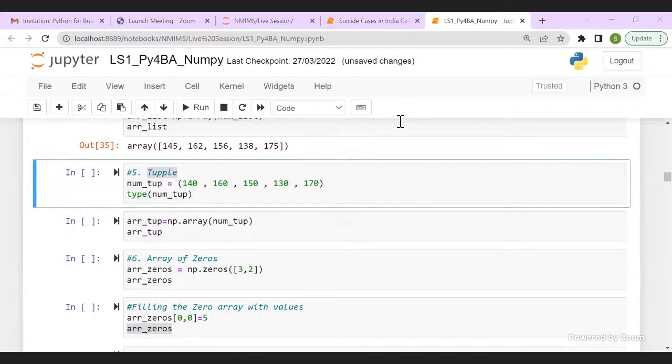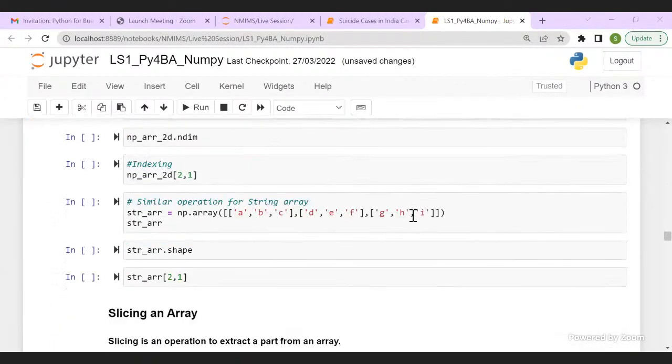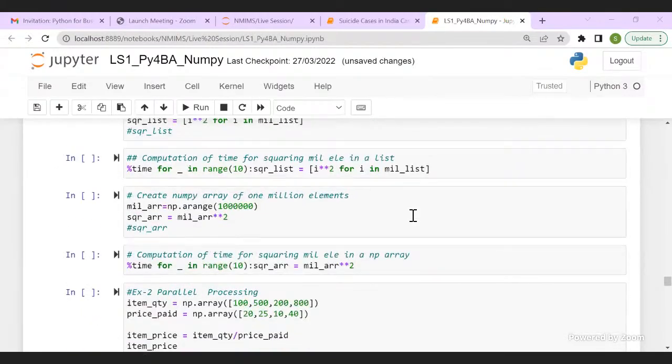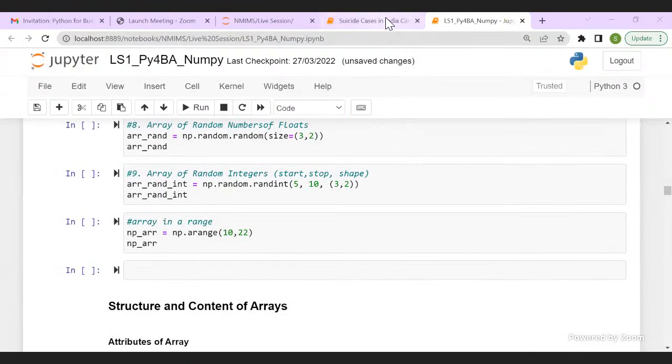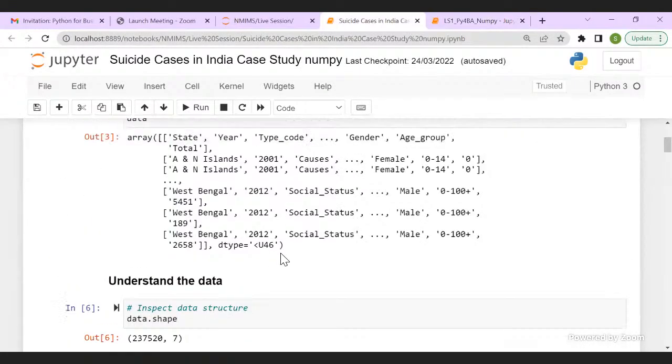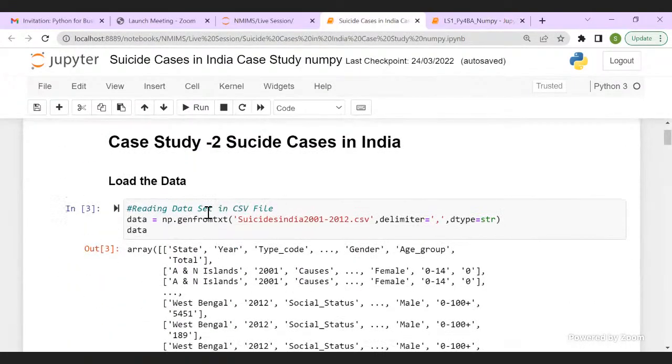What is a real-time use case where we use arrays? Yes, Sanhita, we will be reaching a real-time case in an hour, because once I'm done with the concept, I'll do the case study today. Let me give you a glimpse.